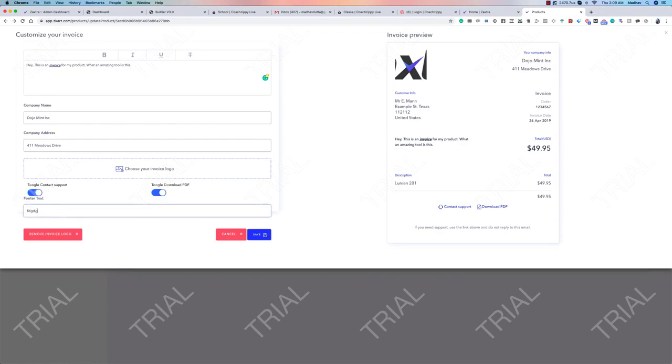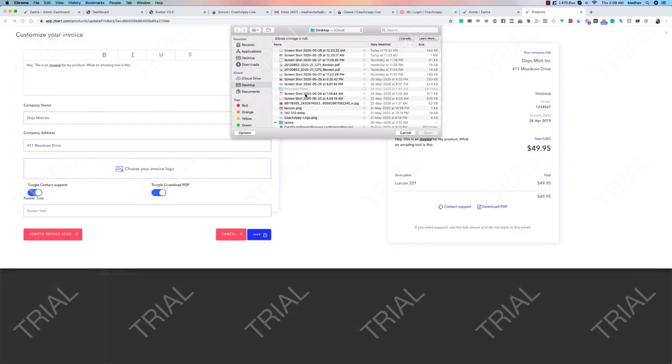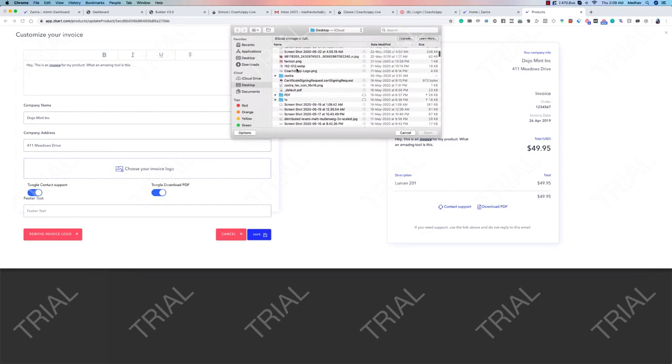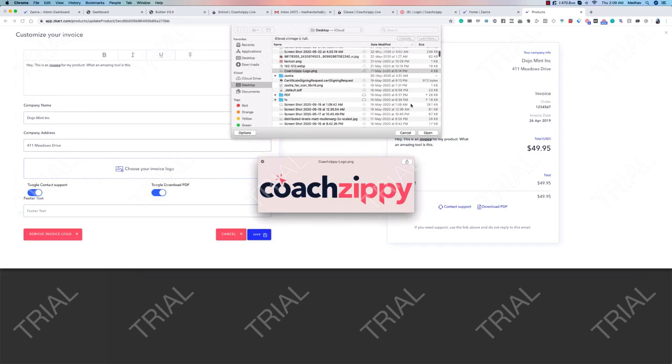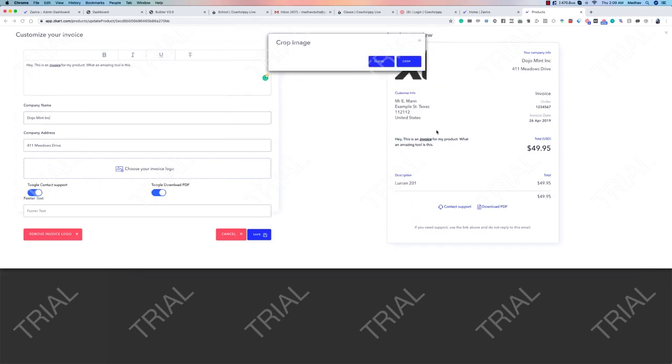The footer text can be changed. You can change all that stuff, name of the company, address, everything. All those things can be changed so your invoice looks exactly the way you want it to. So let's see, you can even change the logo, for example. Let's take maybe the CodeZippy logo that we can take over here, and